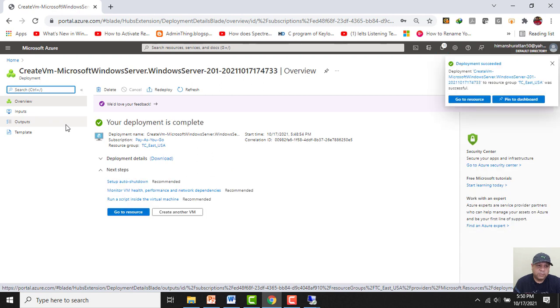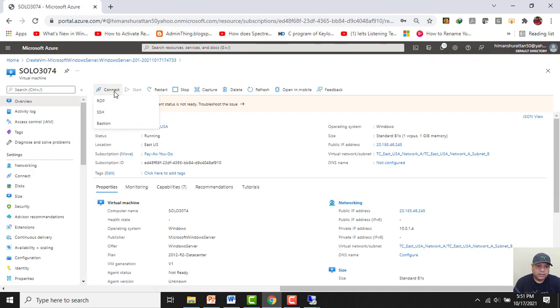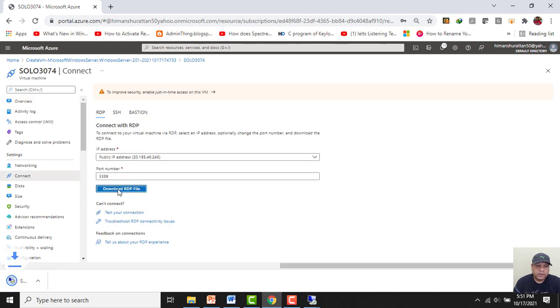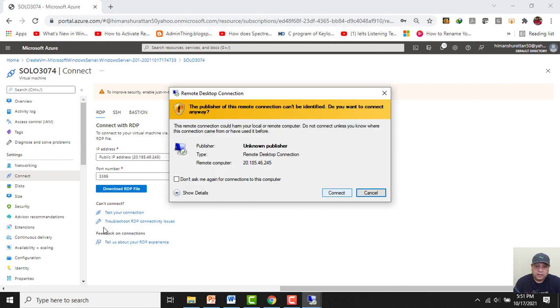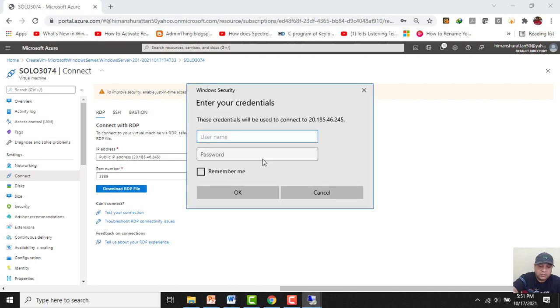See, now the virtual machine is created. Let's go to resource. Now I will again click RDP and see here the private IP address is 10.0.1.4. Now I will go to RDP and I will connect with this virtual machine through its public IP address and will try to ping these virtual machines with their internal IP addresses. Let's see what happens.